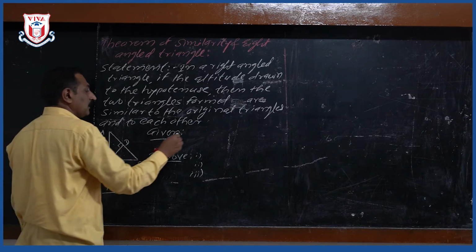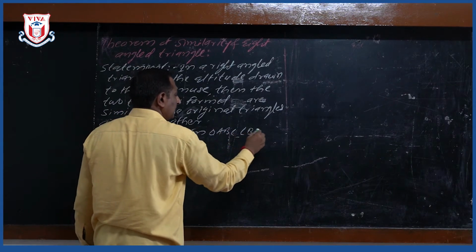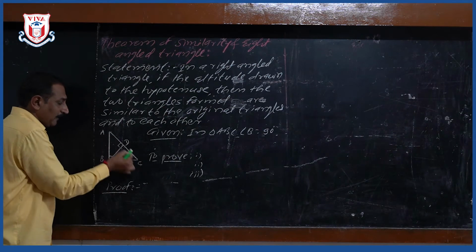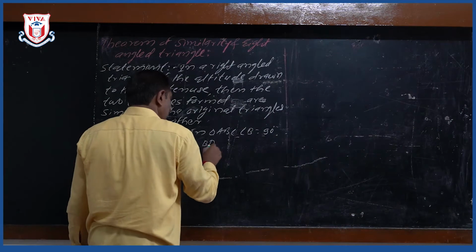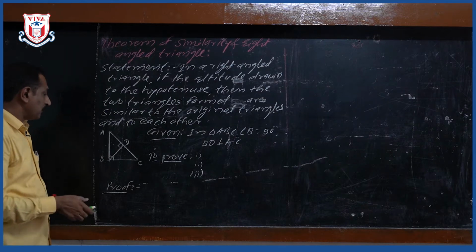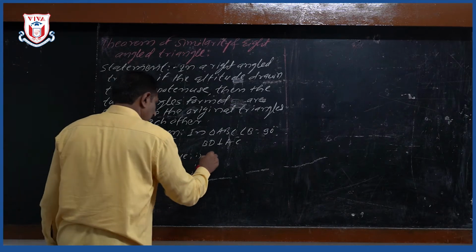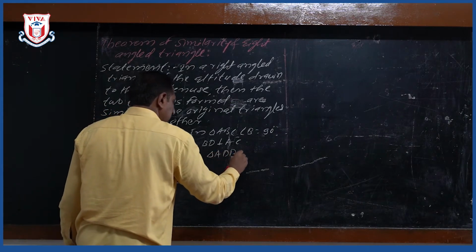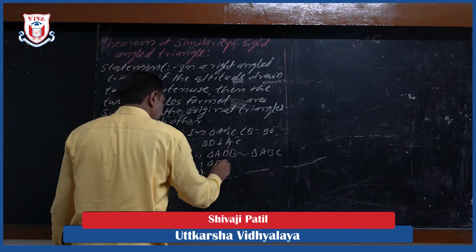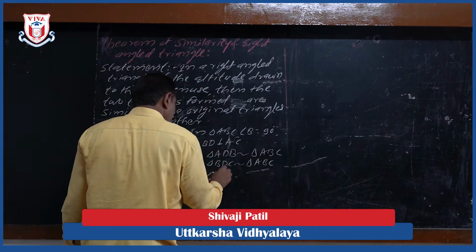Now, given: in triangle ABC, what is given? Angle B is equal to 90 degrees. BD is the altitude on the hypotenuse, meaning BD is perpendicular to AC. This is given. To prove: what to prove here? Triangle ADB is similar to triangle ABC, the original triangle. Again, triangle BDC is similar to triangle ABC, and